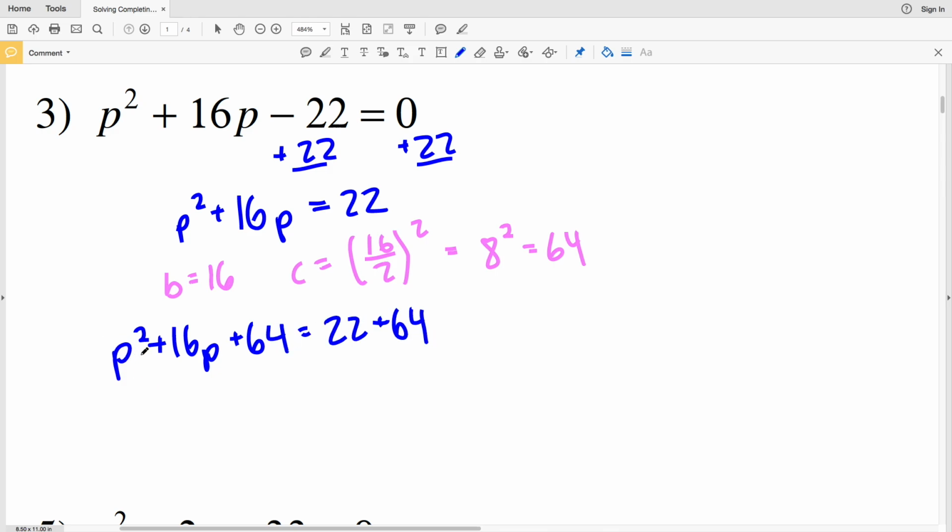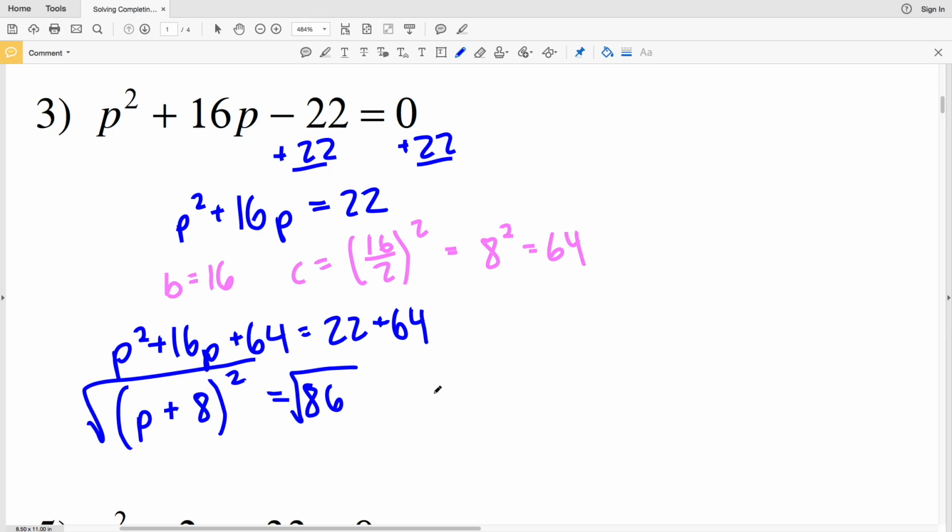So now I'm in the form of a squared plus 2ab plus b squared, where a is p and b is a positive 8, since 8 squared equals 64. (a plus b) squared. And that's equal to 22 plus 64, which equals 86. Now I'm going to need to take the square root of both sides, which will give me two separate equations. I'll have p plus 8 equal to the square root of 86, and we'll do the positive square root of 86, which is